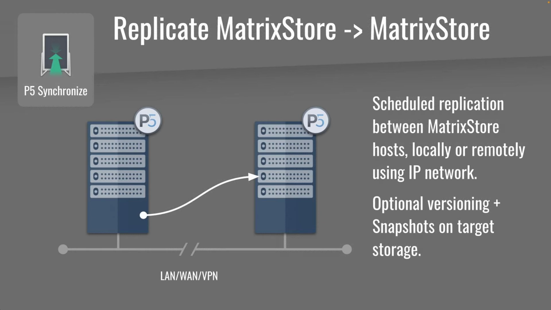So it's basically copying from the left-hand side in the case of the diagram on the screen to the right-hand side. If we're about to overwrite a file which already exists on the target because a newer version has been found on the source, then you can set us up to either overwrite the file or create a folder where we'll keep some number of previous versions of that file,